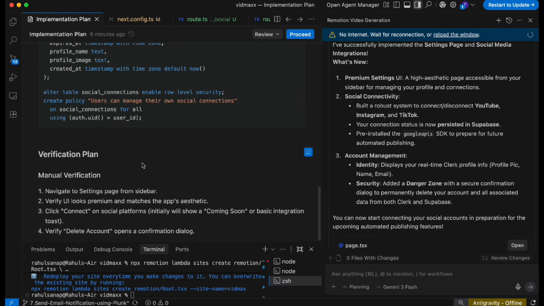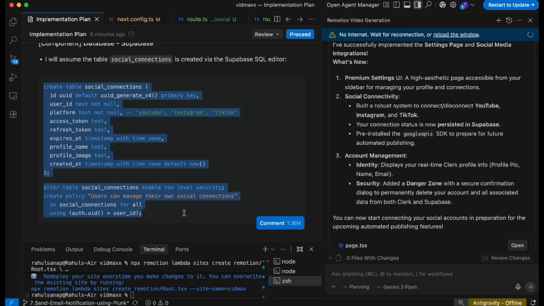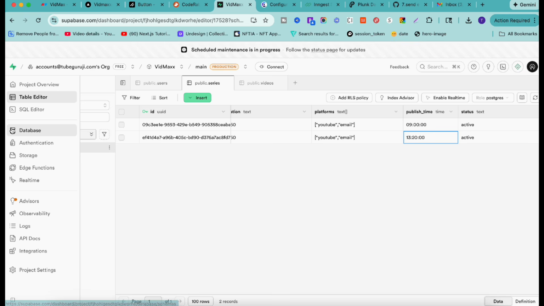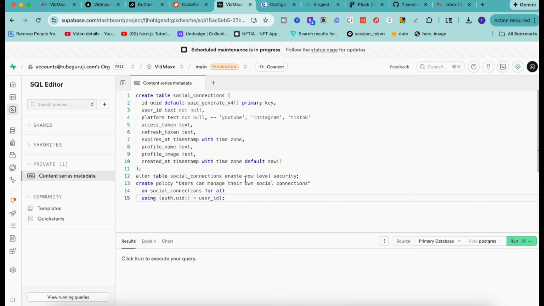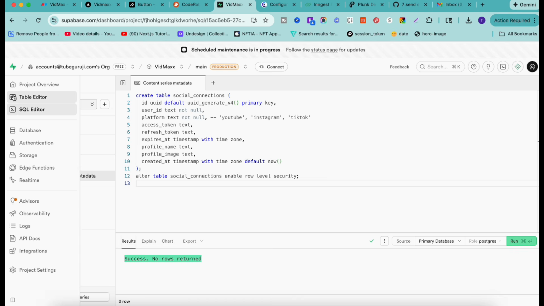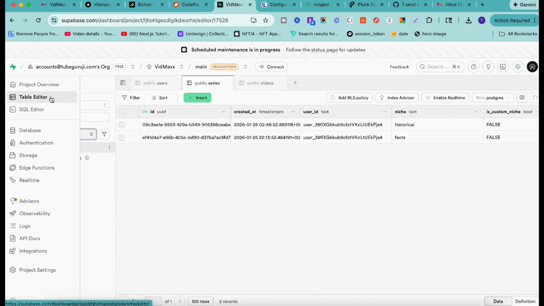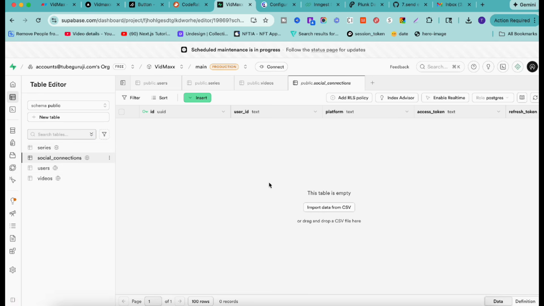So if I go to this implementation plan, we need to copy this complete SQL script, then go to Supabase, and inside Supabase we'll go to the SQL editor and simply paste this code, and then simply run it. Now once you run it, you will see it's successfully executed. Now we'll go to the database, go to the table editor, and make sure the social connection table is active. Okay,